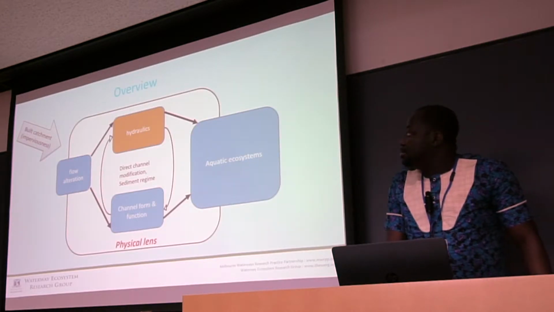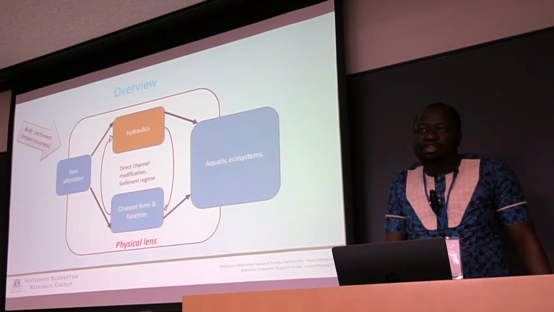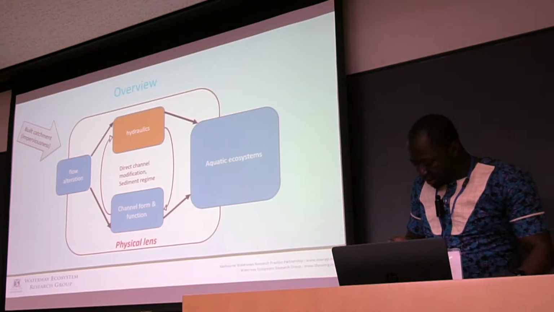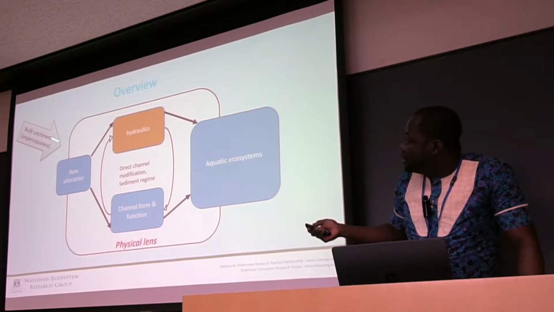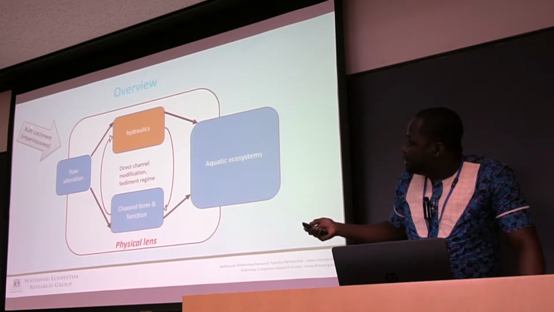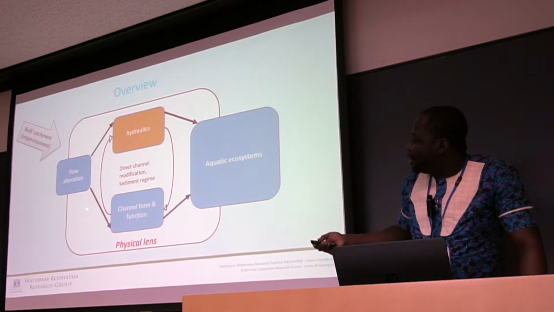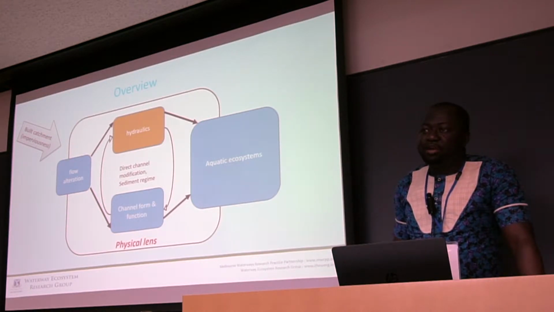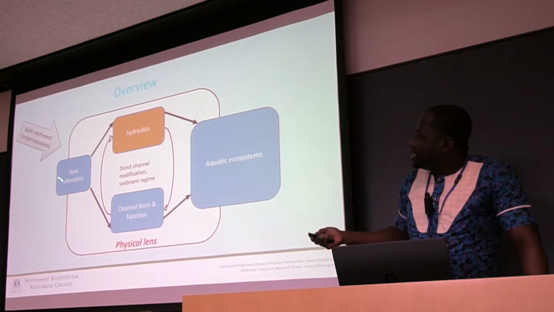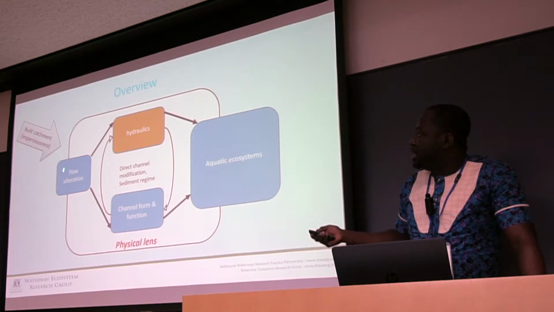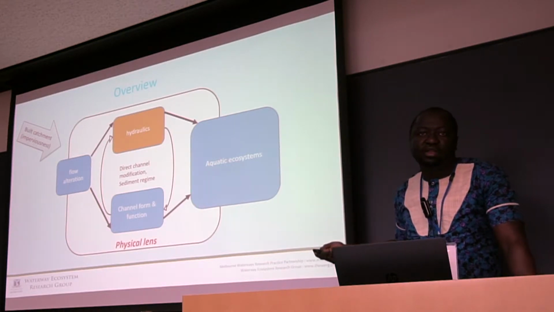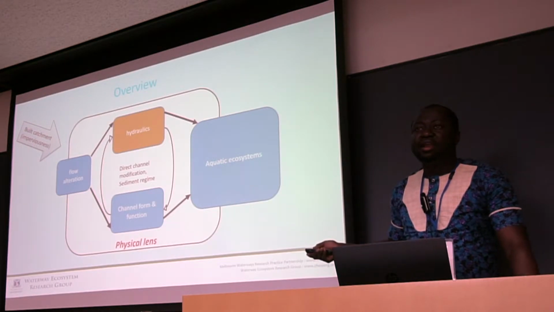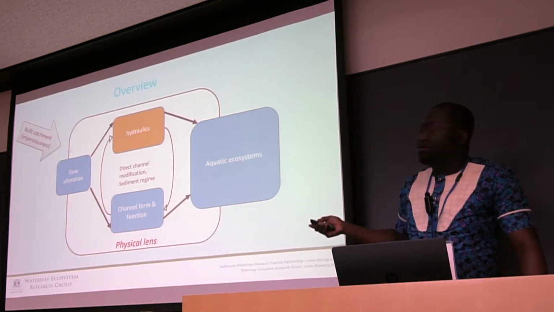Typically, stormwater management tries to understand the pathway of degradation of the stream or waterway ecosystem by connecting the flow alteration directly to the ecosystem functions that are observed. But what my PhD project is trying to understand is that by just connecting the flow metrics, or the flow alteration, to what is observed in the ecosystem function, you ignore the role of the channel form and morphology